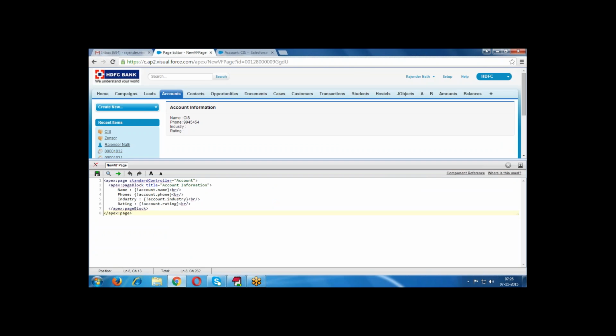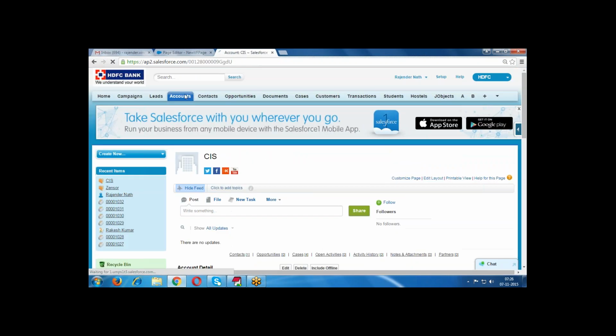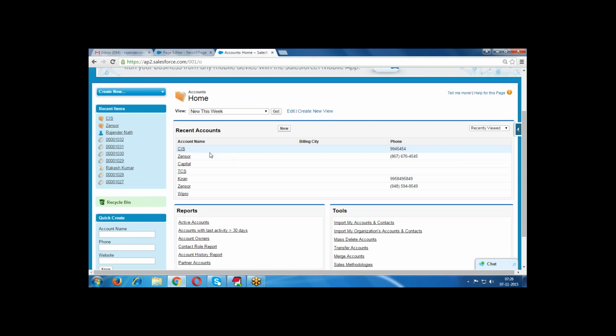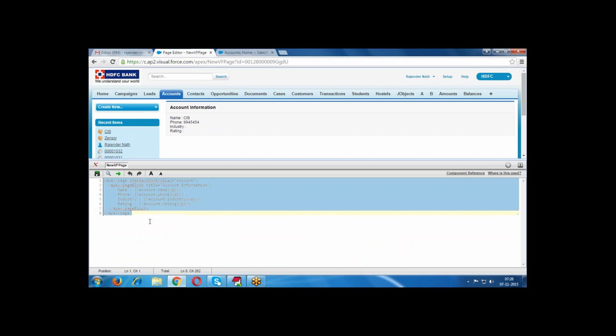Now I want to read the data from the account object. All records I want to read. How to read all records? Here only one record we are reading. But I want to read more, the complete records. How to read the complete records? For this, we are using